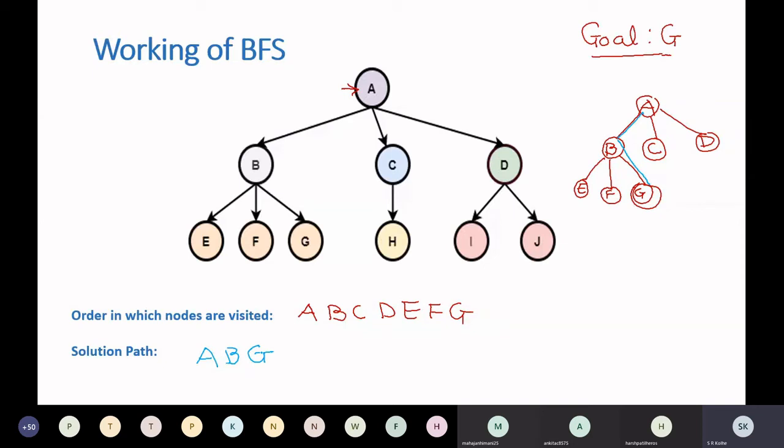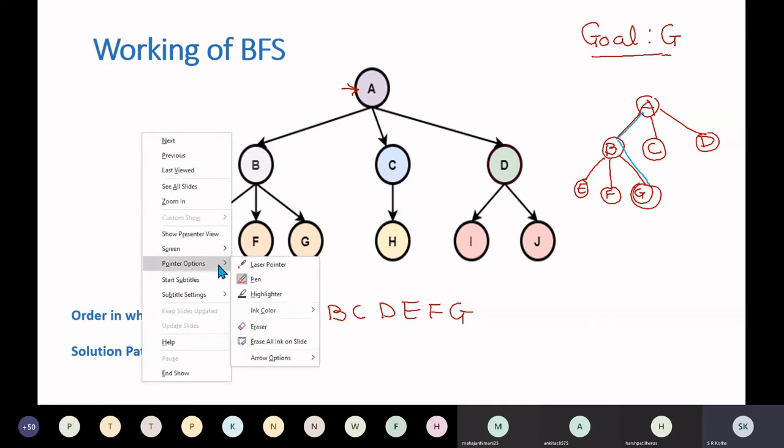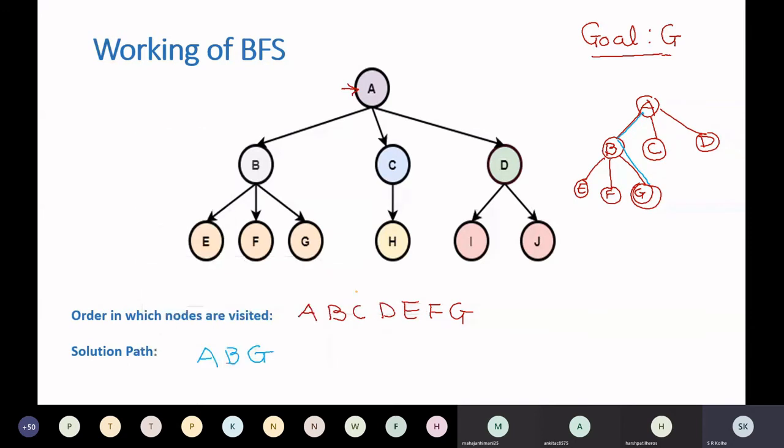Had it been the case of depth first search, DFS, what would have been the order in which nodes are visited? It's the same goal G. Yes, A, B, E, F, G. Correct, we have just seen that.